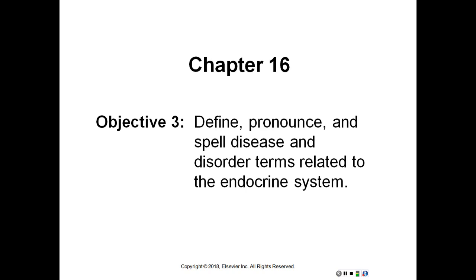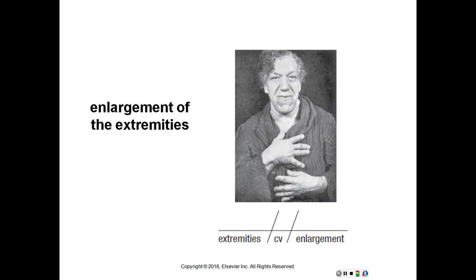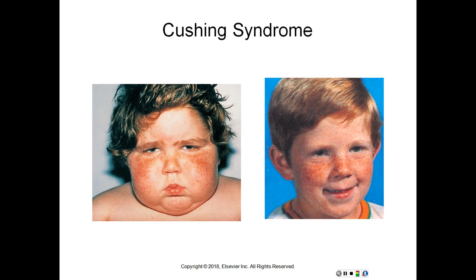So let's look at a few of the pictures that the slides have. So this is the enlargement of extremities. So again, you can always look back, but that is going to be acromegaly. And then here's a picture of Cushing syndrome. Remember, if you look back, that is a group of signs and symptoms attributed to the excessive production of cortisol